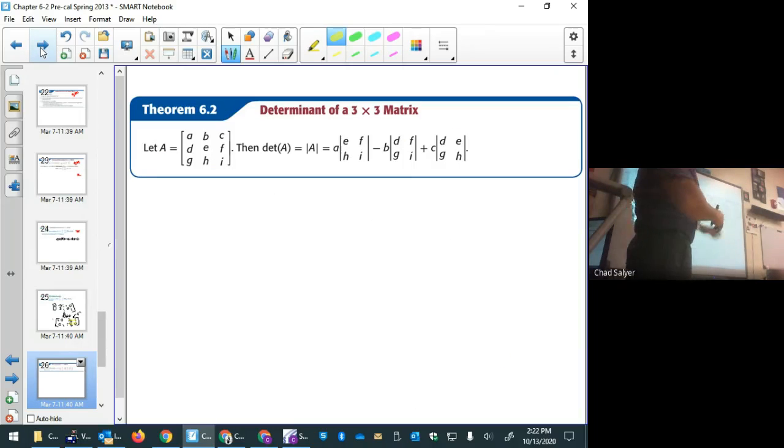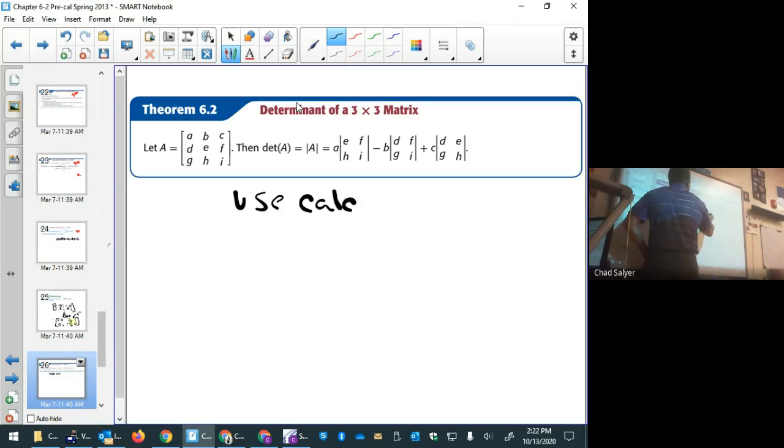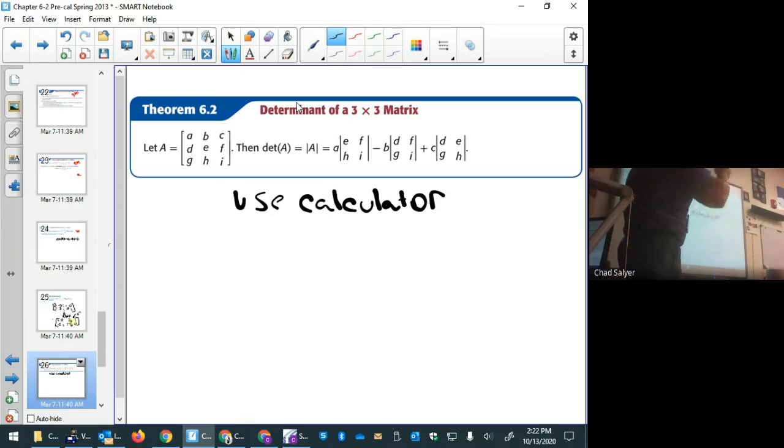Determinant of a 3 by 3 matrix, this will be done exclusively by calculator. There's just too many ways to screw this up. It's about 40 individual calculations or something like that. No need to do this. It goes beyond the scope of pre-calculus. So we'll just use a calculator for this. There is a by-hand method. Know that it exists, and if you're a math major, you'll have to use it in the class Linear Algebra